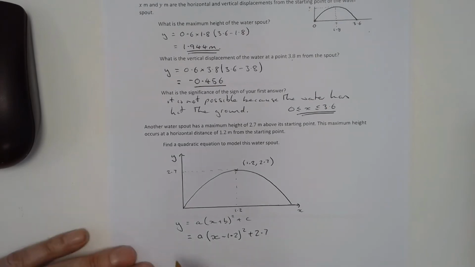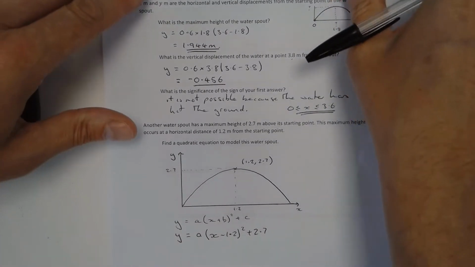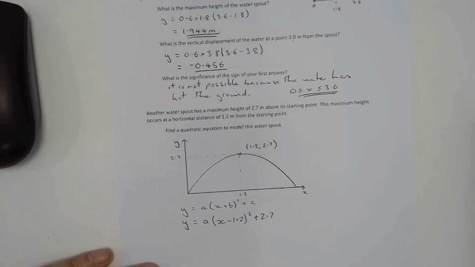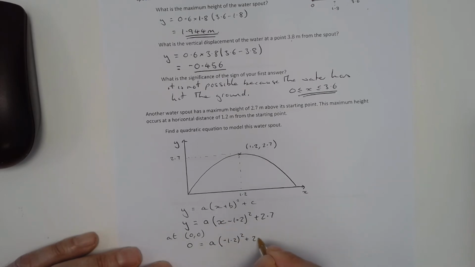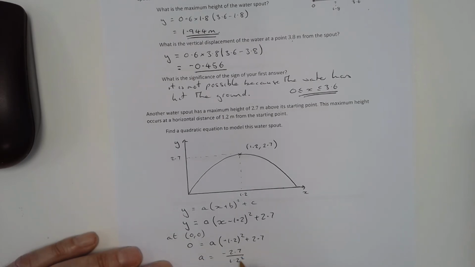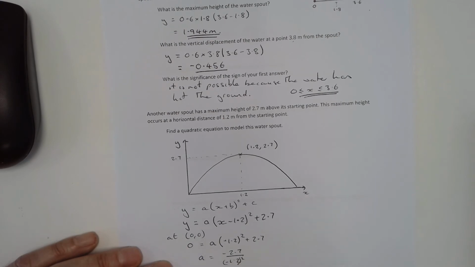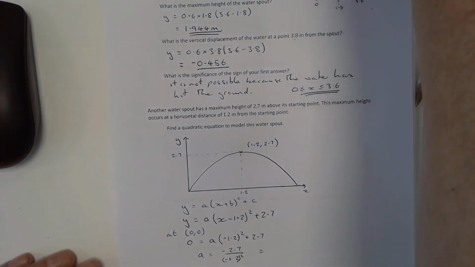Okay, so that is my equation, but I've got an unknown which is a now, but I know that this equation goes through the origin. So at 0, 0, I've got 0 equals a times minus 1.2 squared, because that x is going to disappear, plus 2.7. So a equals minus 2.7 over 1.2 squared, or minus 1.2 squared, and that equals